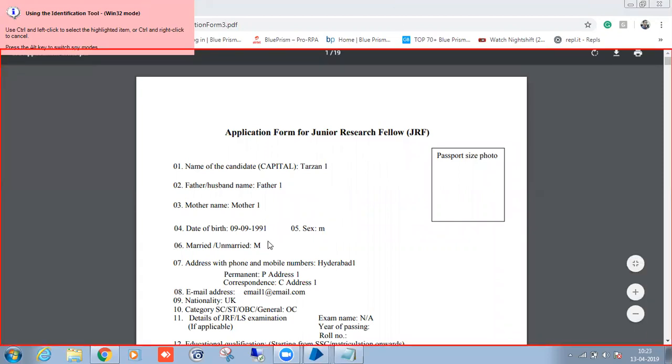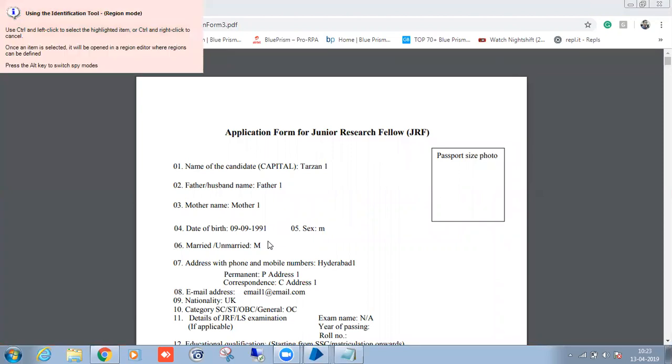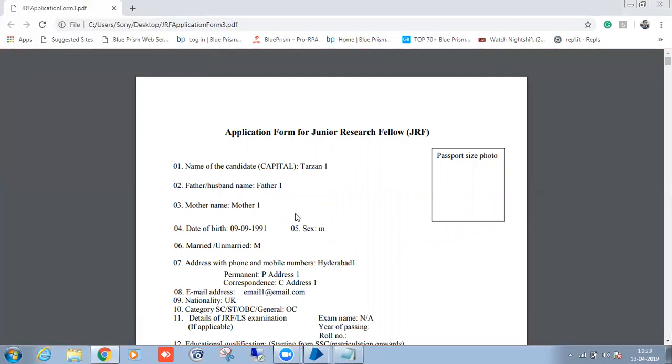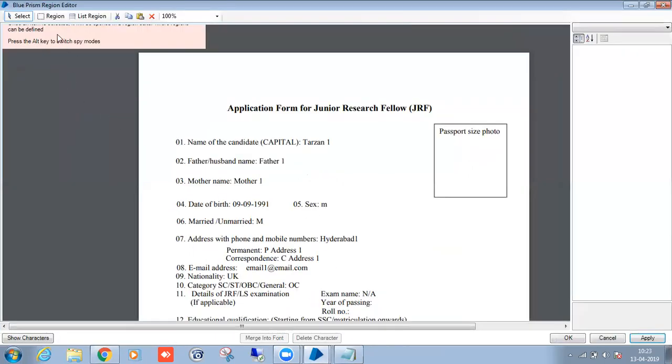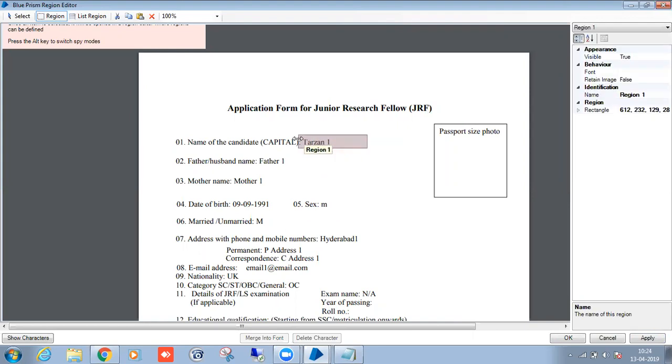So this is the Win32 mode, accessibility mode, region mode, right? So this is our region mode. So control mouse left click. So whenever you spy, the complete region will come. Alright, so here maximize it, and here you will create the elements. Click on the region. If the position is varying randomly, then it won't automate. Because we are not spying the elements, we are taking the complete screen, and we are creating a series of rectangles.